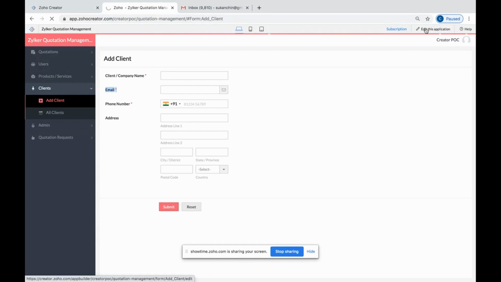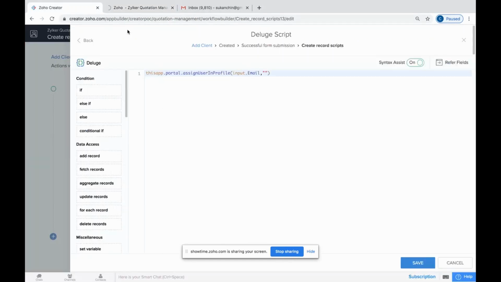But here we need to make sure that the values that we have given, or the permission set that we have given under customer portal, is the same as the value that we have here. So it's going to be clients. That's it. You have to give it up here and you have to end it with a semicolon. And you can save the script. It's saving up.